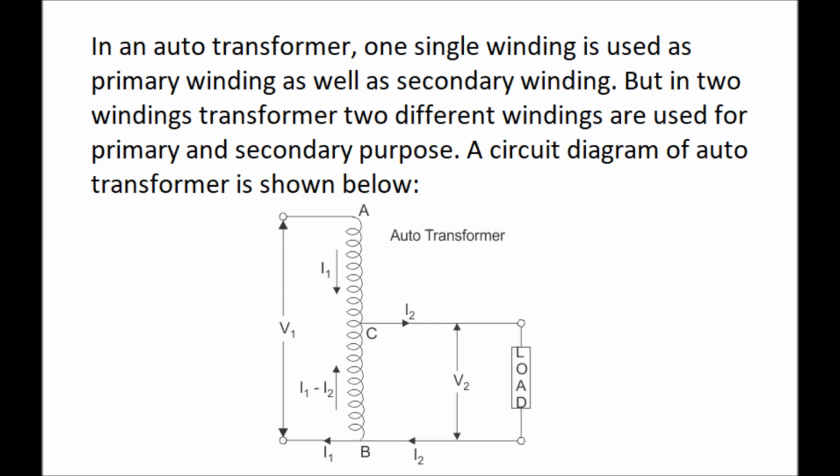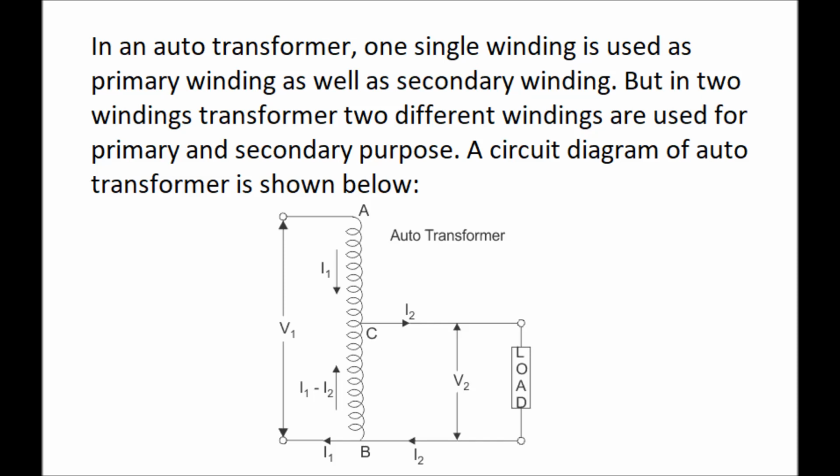The general arrangement for an auto transformer has been shown in this figure. This is actually a step down auto transformer. In this figure, AB is the primary winding of the auto transformer, and BC is the secondary winding of the auto transformer. V1 is the applied voltage across the primary winding, and V2 is the induced voltage across the secondary of the